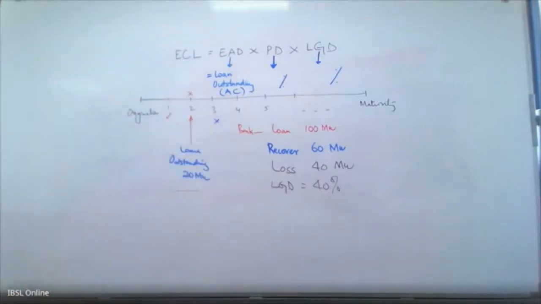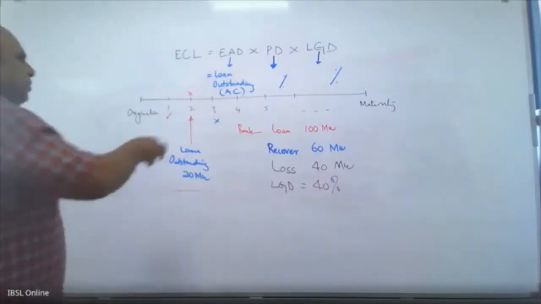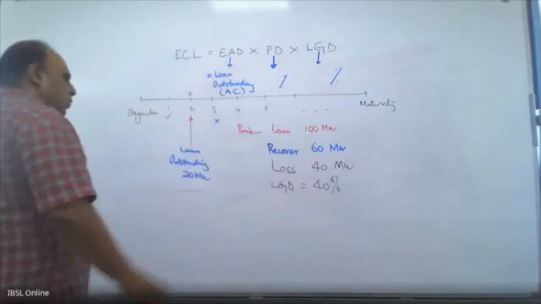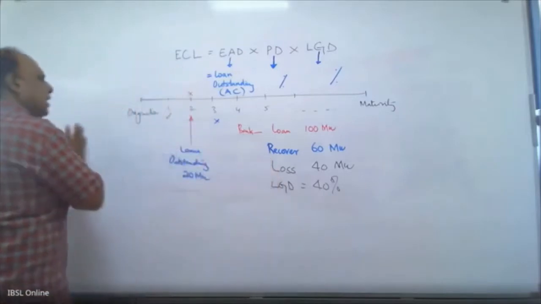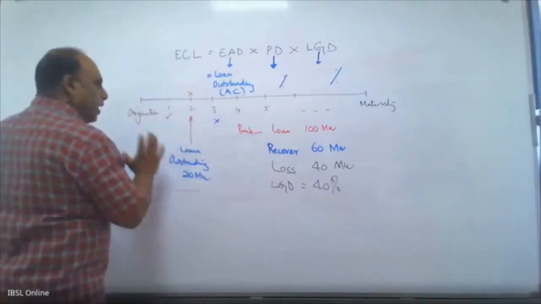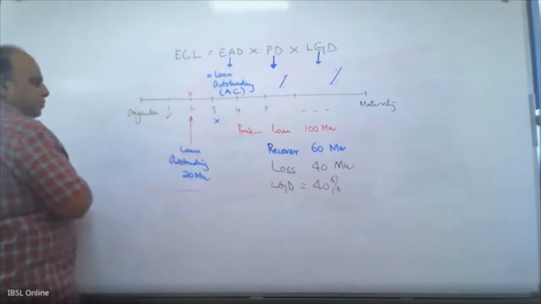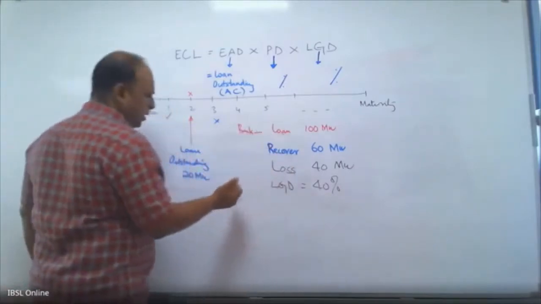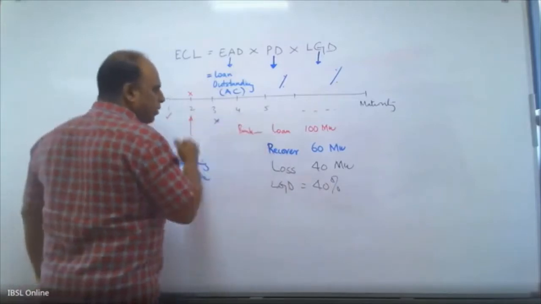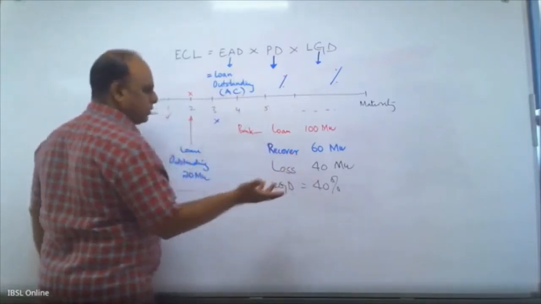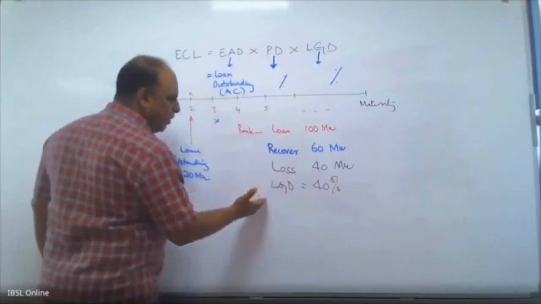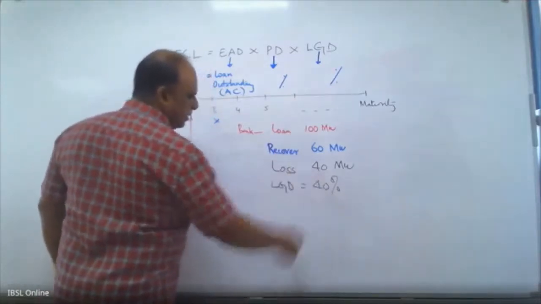So if you go to the examination, you will not be able to calculate this because you don't get historical information. So all this information, LGD, PD, everything will be given to you. Don't worry about it. But the essence of this is based on the historical information. We are not looking at this loan. What has happened in the past for other loans? How this company has recovered the money. So if you take a 100 million loan, they have recovered only 60 million. So 40 million has always been a loss. If that is the case, we call this LGD is 40%.